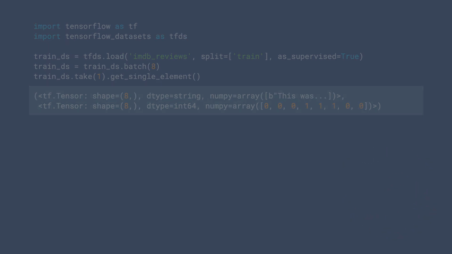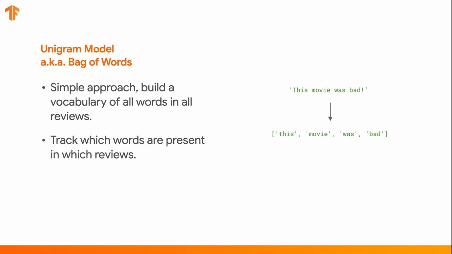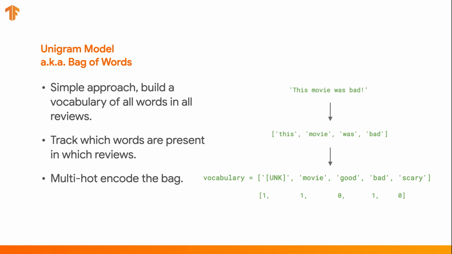And one of the simplest ideas you can do when you're working with natural language is a unigram model. You might also hear this called a bag of words model, where the rough idea is we're going to take in this sentence or multiple paragraphs of review. We're going to split it into a bunch of different words. And then at that point, rather than look at the ordering of the words or how prevalent a word is, we're going to throw all of that data out and just look at what words are present and what words are not present